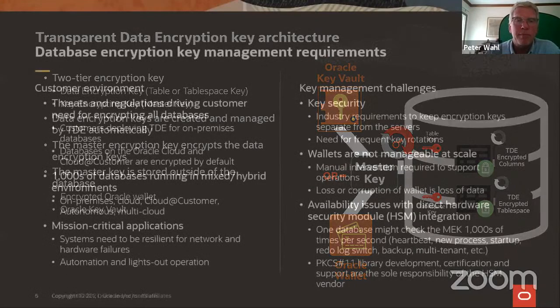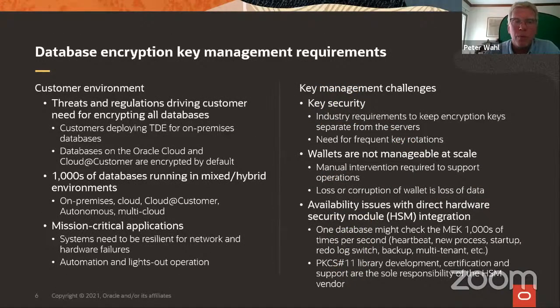So that was this one. When we designed Key Vault, we basically learned from the limitations that our customers experienced when they did key management with HSMs. In the early days when TDE came out, our customers had 1, 2, maybe 10 databases encrypted and only